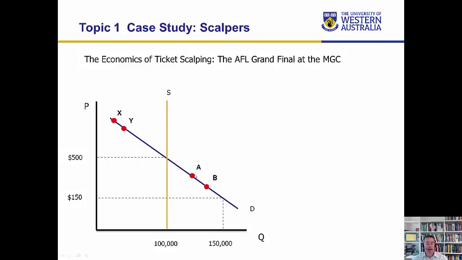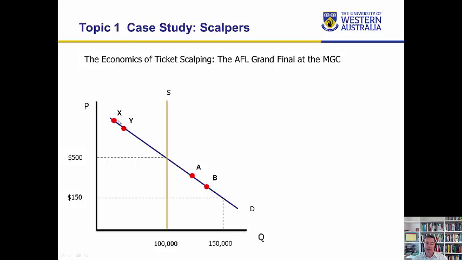Now, those 2 people, A and B, have a very low willingness to pay, and therefore a very low value of attending the event relative to the 2 people X and Y. And so then what the scalper does is they sell the tickets to these two people with a higher willingness to pay, X and Y. So what the scalper's actually doing is, to some extent, taking tickets off people who are willing to pay lesser amounts and redistributing those tickets to people who are willing to pay higher values for those tickets.